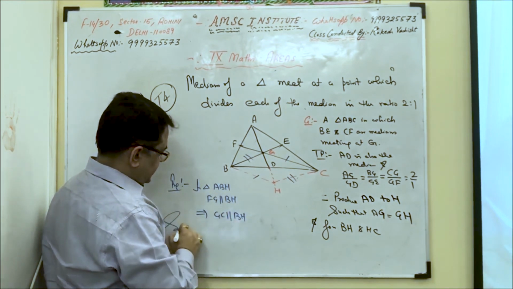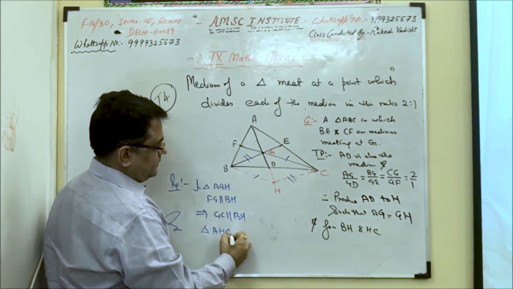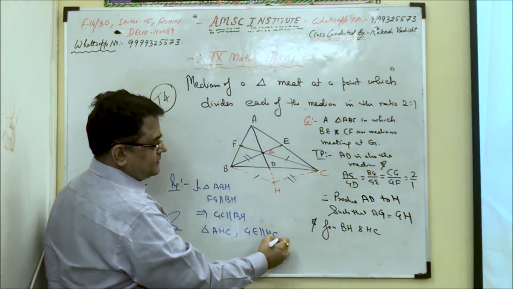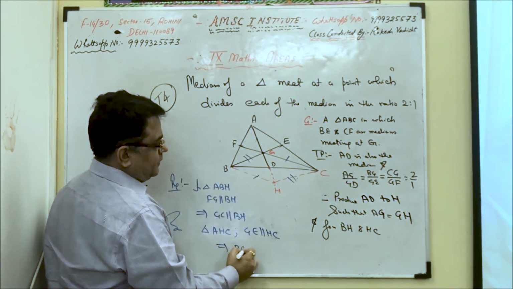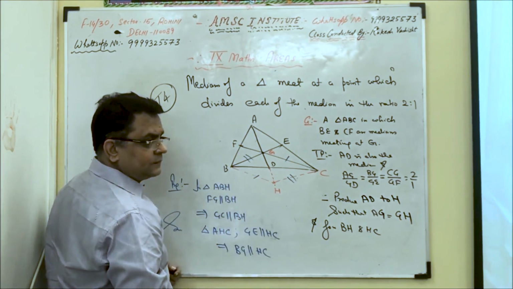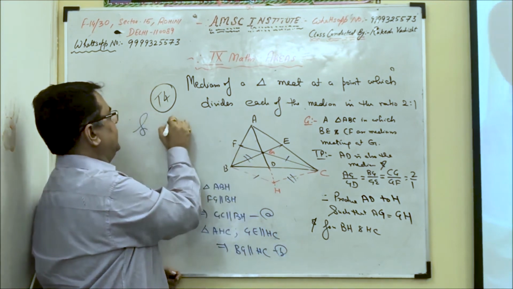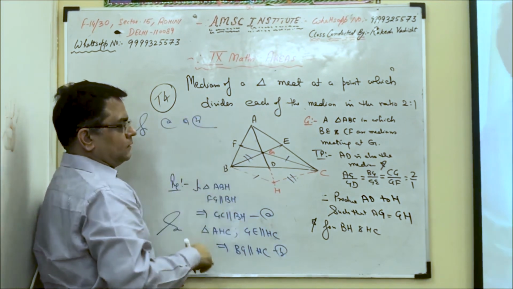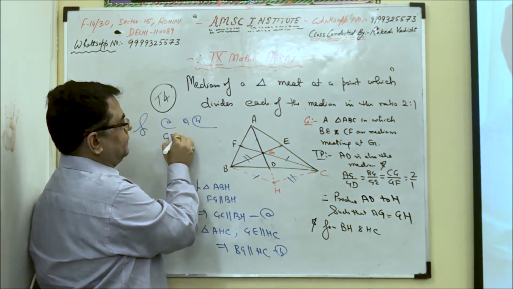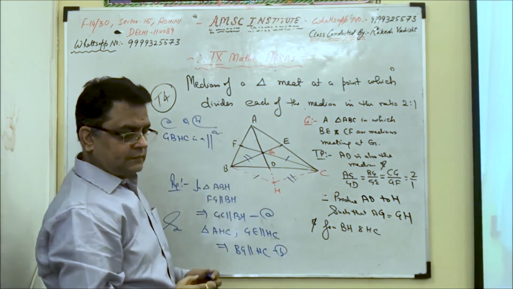तो प्रूफ के अंदर in triangle ABH FG is parallel with BH, which implies GC parallel with BH, right? Similarly, in triangle AXC, GE parallel with HC implies what? BG parallel with HC. From A and B, quadrilateral की opposite sides parallel है, तो इसका मतलब क्या हुआ? GBHC is a parallelogram।